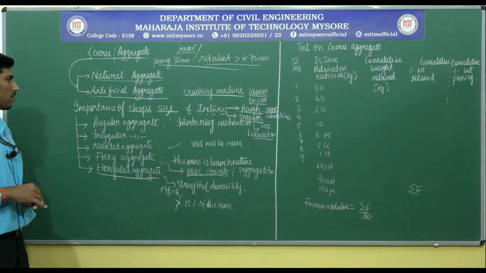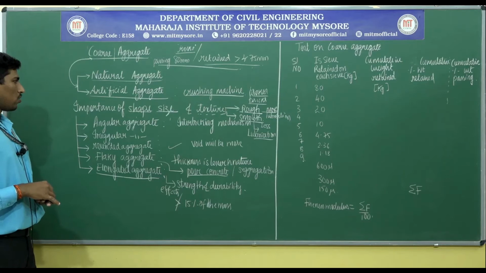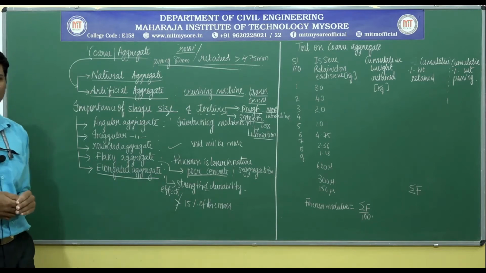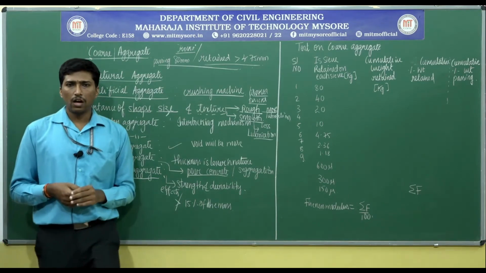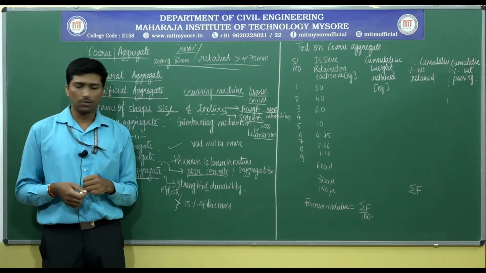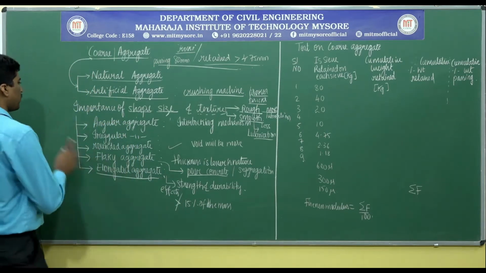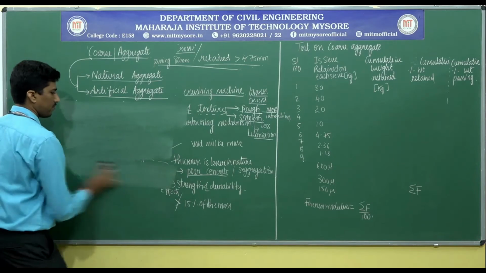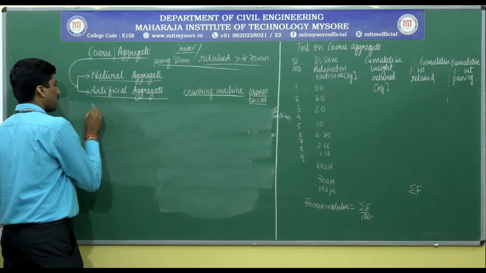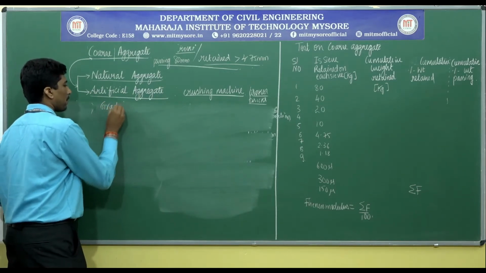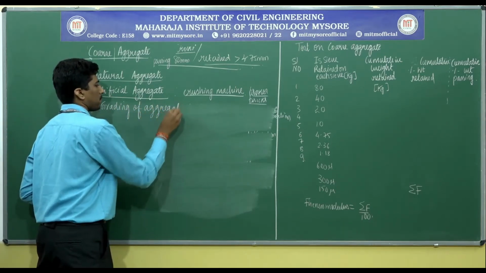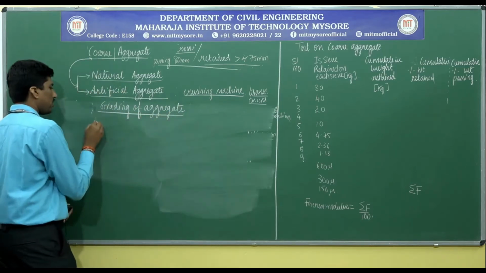Next part of the concept that we take up is, though we have the shape, size and texture, how they have been graded. The gradation is also an important one. An aggregate is classified into 3 types of gradings. What are those? Observe it here carefully. We have a well graded aggregate,